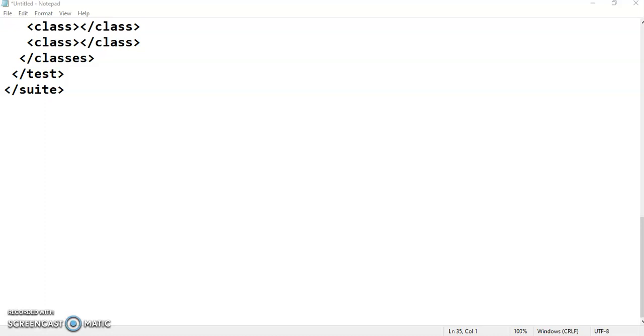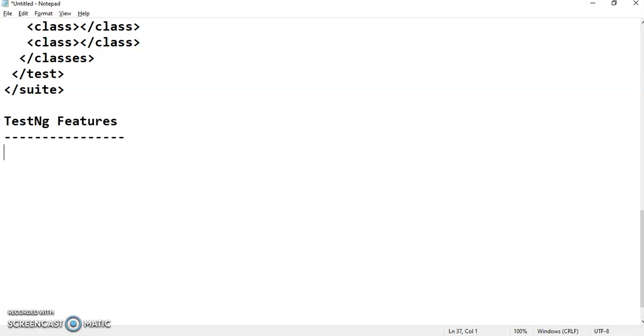So today we are going to see a few TestNG features. First, how can we prioritize the test cases to be executed. Second one, how can we create dependency of one test case on another. Third one is how can we ignore a particular test case. Okay, so I can write here TestNG features.